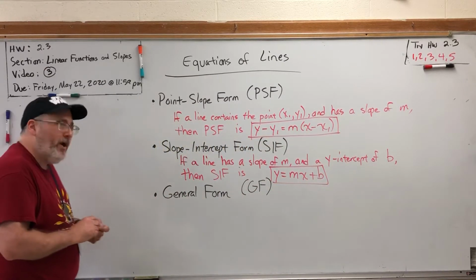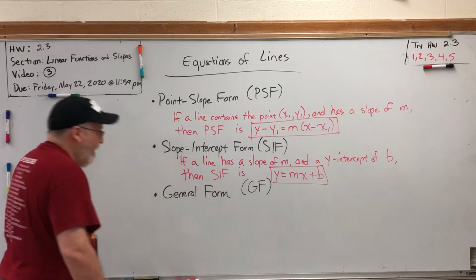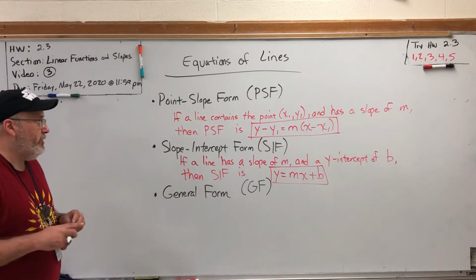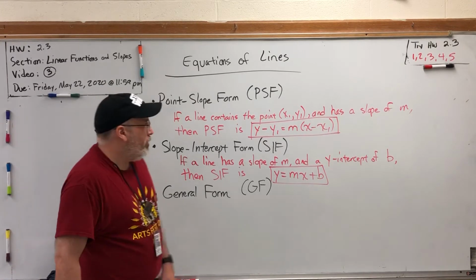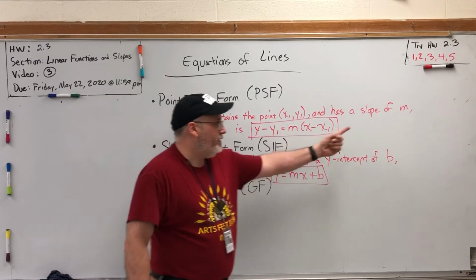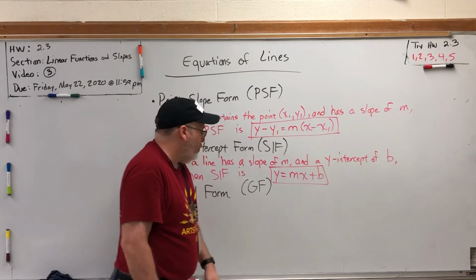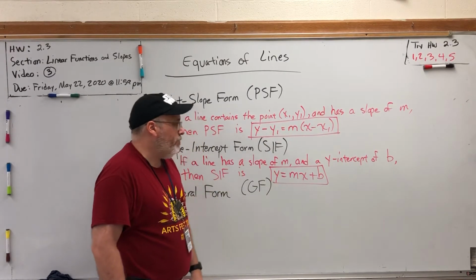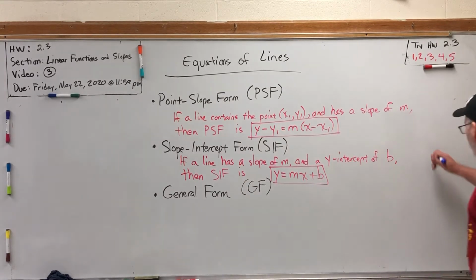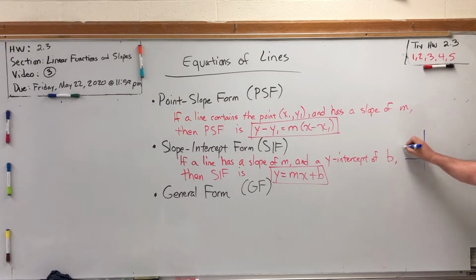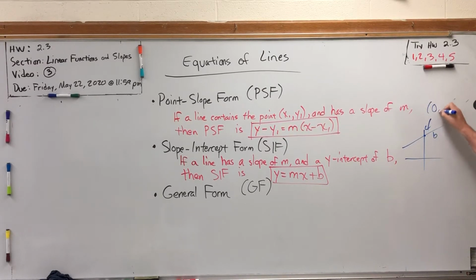Why does it get to be y equals mx plus b? Well, actually, it's just a derivative of the point-slope form. Because think about it, for point-slope form, you need a point and the slope. Well, we're calling the slope m, but if we say the y-intercept is b, that's a number, not an ordered pair, but we can make it an ordered pair. If we're saying that our line crosses the y-axis at b, then this point is 0, comma b,